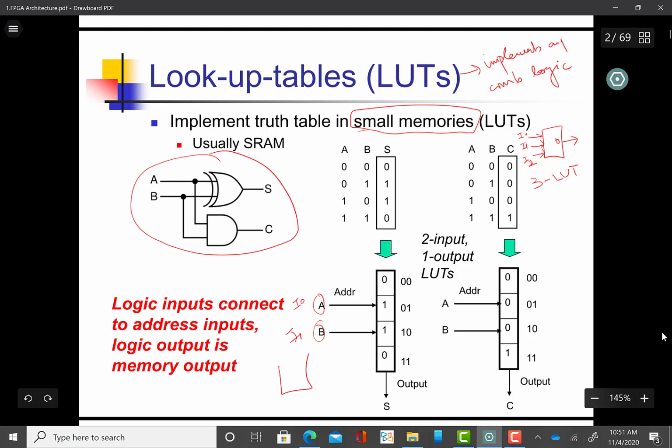So what I'm saying is we have a LUT which has 2 inputs, I0 and another input I1, and we have 1 output, let's call it O. So you see that A is connected to I0, B is connected to I1, and the truth table,